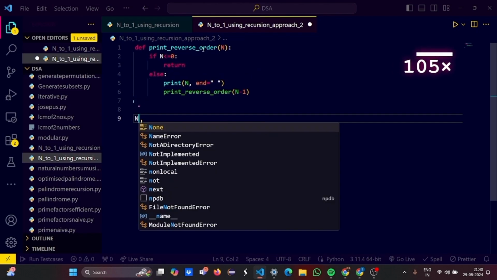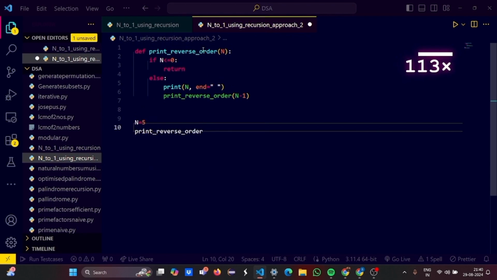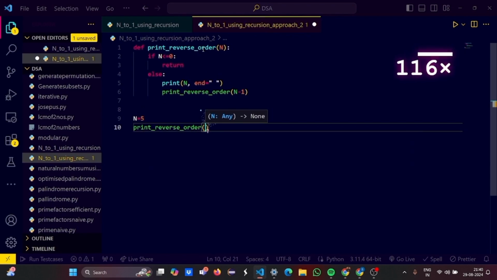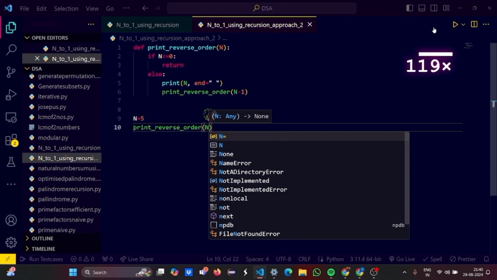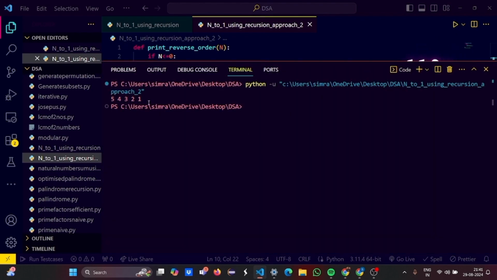Now let's write the driver code: n equal to 5, print reverse order. It's good. Okay, now let's run it. So again, the output is 5 4 3 2 1.